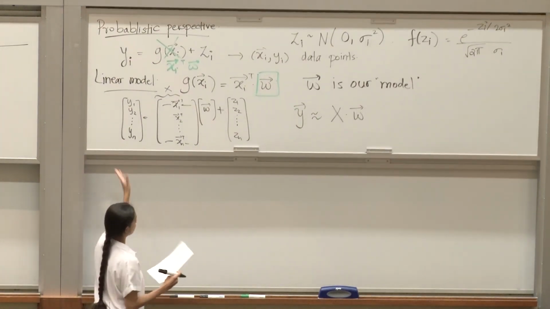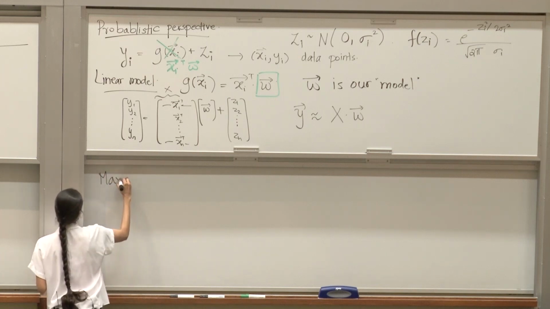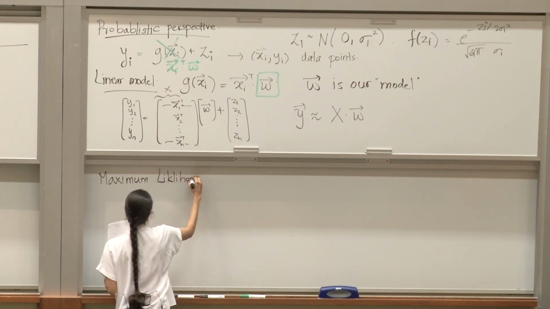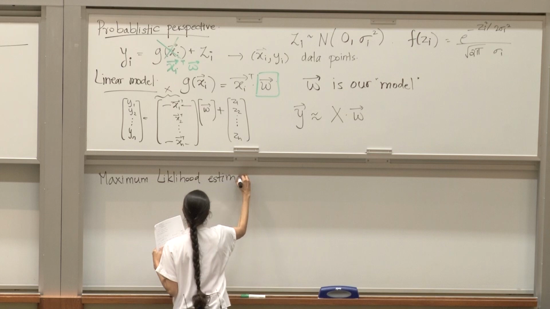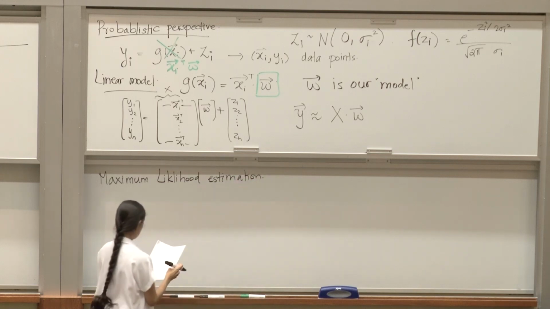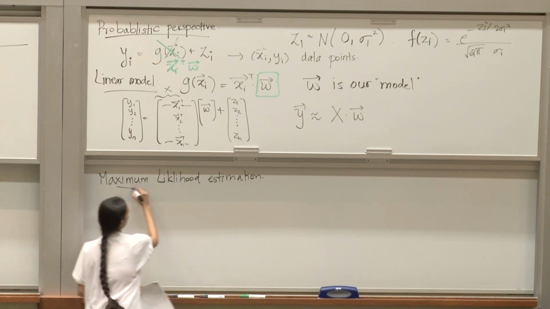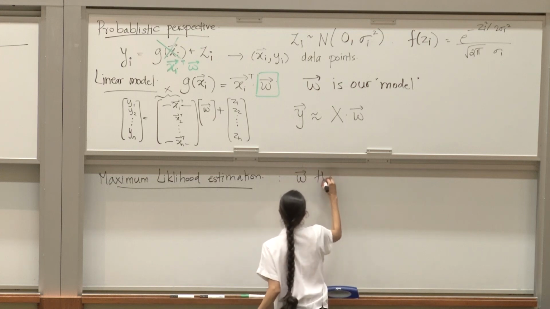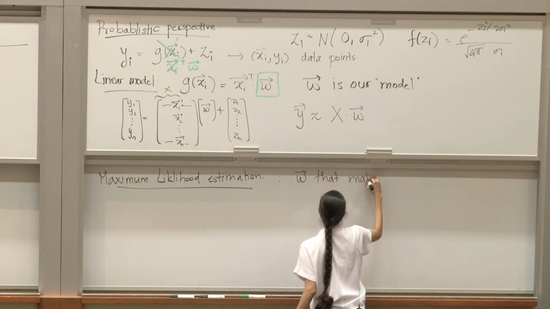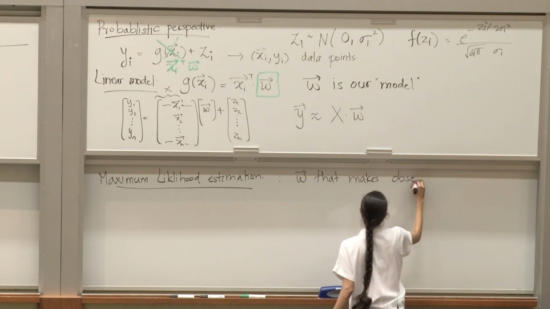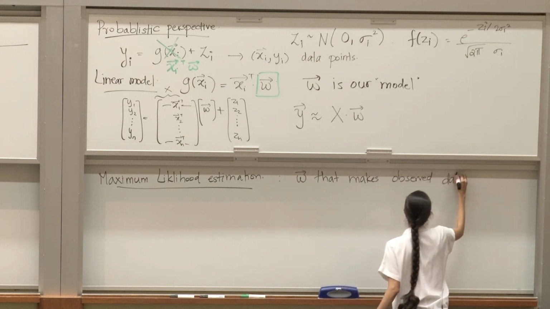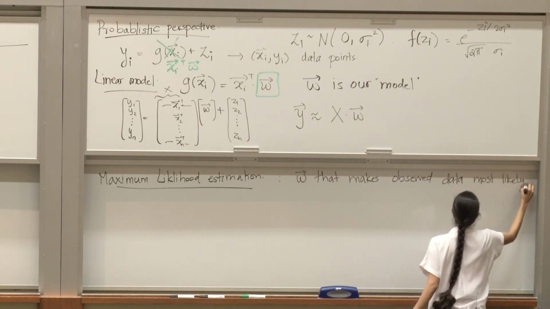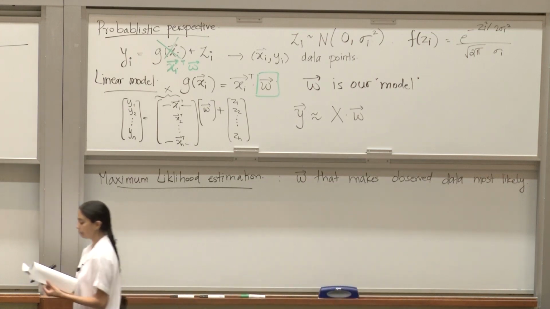So the solution we're going to explore is maximum likelihood estimation. Okay? What does this mean? We have these pairs of data, x, y. We want to find that W that makes the observed data most likely. Okay? So in particular,